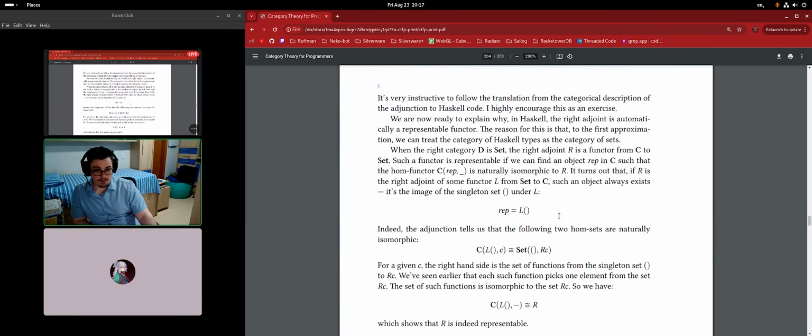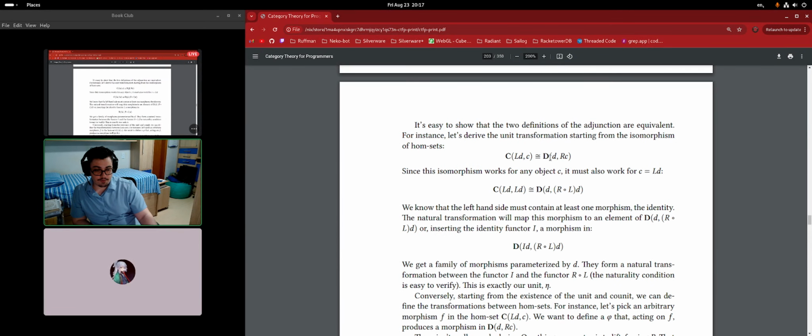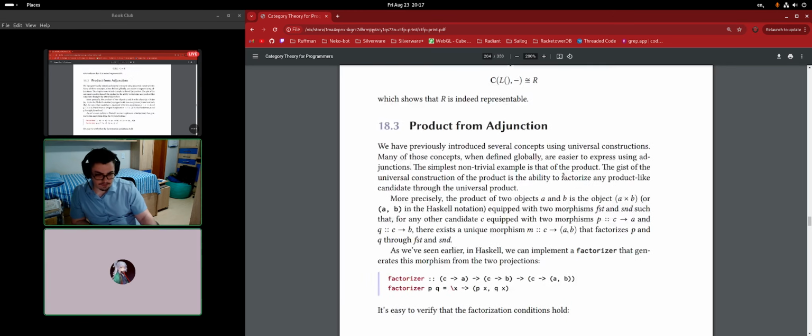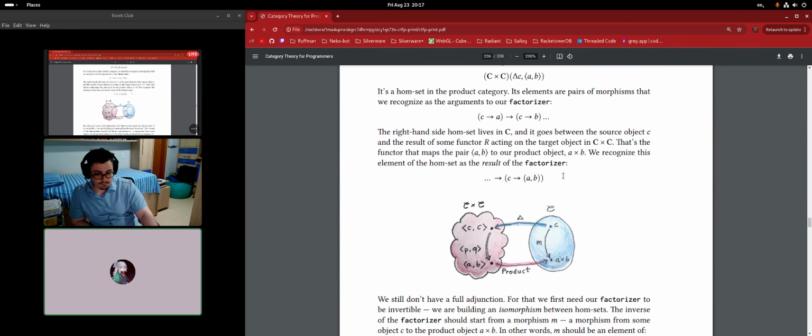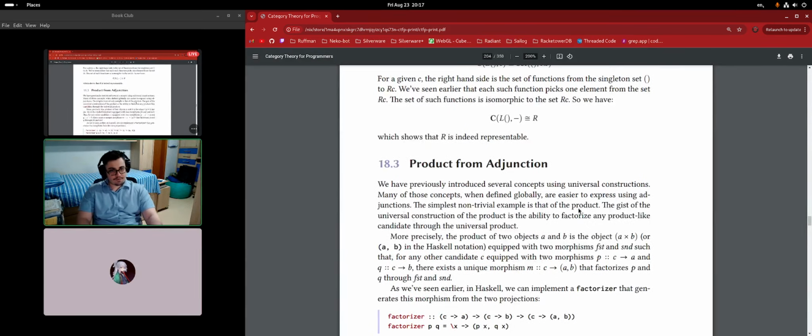Yeah, so if you go all the way up, this is what we're talking about, right? This guy. So we have a D and we have RC. I think if you scroll down a little bit, there's another diagram. Yeah, this is the diagram. So it goes between the source object C and the result of applying some functor acting on the target object in CC. I don't know if that follows though,